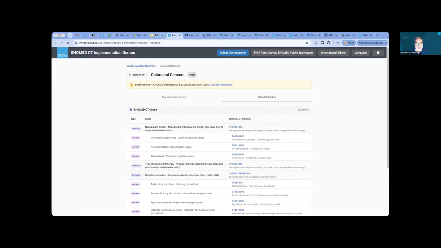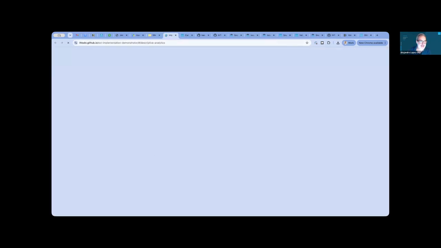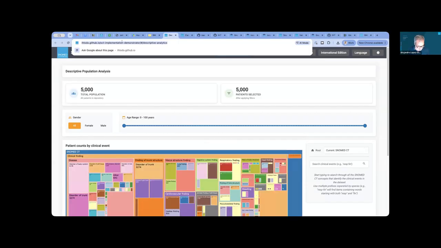But there are other ways in which SNOMED could be used. One of them is how you would want to demonstrate how you will explore a repository of SNOMED content. Let's say you have been collecting SNOMED data for a long time, and you have a patient database with SNOMED. So we created this demonstration, which is like a navigation tool that will get you around your database.